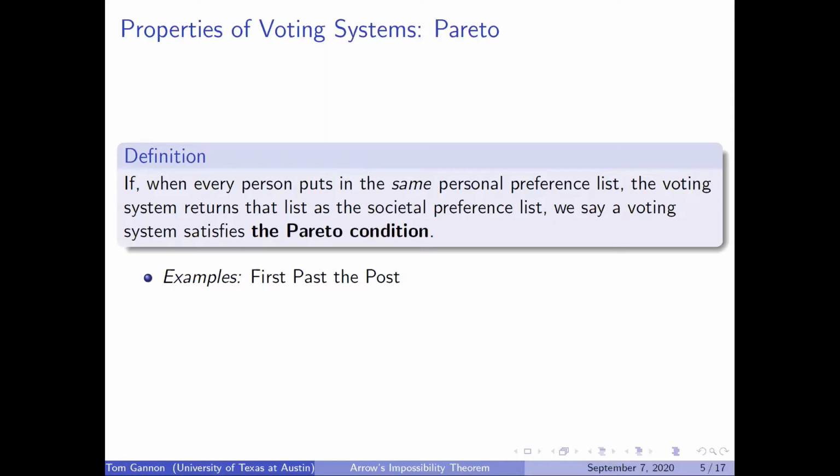So the idea is that if every single person puts in the same personal preference list, then if your voting system is any good, your societal preference list should be the ballot that every single person put in. This is a very weak condition. It's called the Pareto condition. So for example, first past the post satisfies the Pareto condition, because in first past the post, if everyone puts in the same ballot, then majority rules, quote unquote, says that we should get that ballot as our societal preference list. Similarly, the thing I called weighted first past the post,